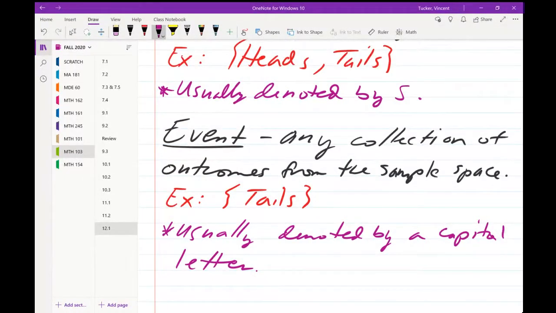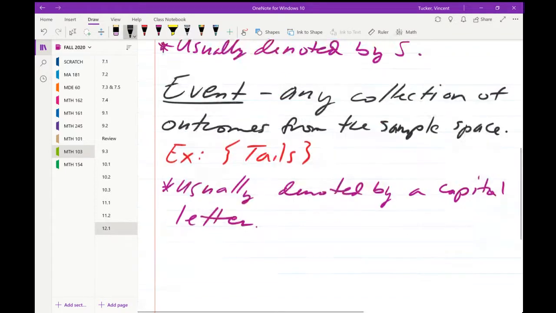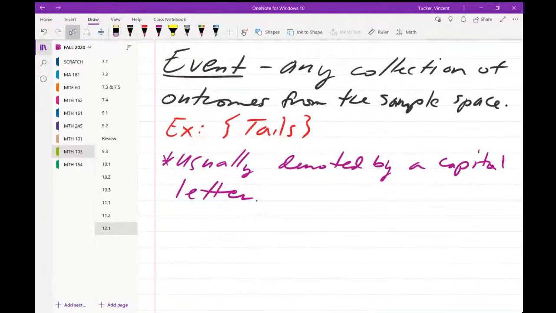An example of that is tails. If you want to know the probability of landing tails, tails would be your event. That's usually denoted by a capital letter. So in the first example,